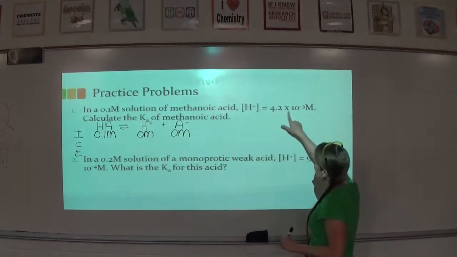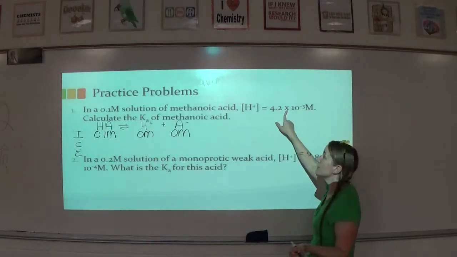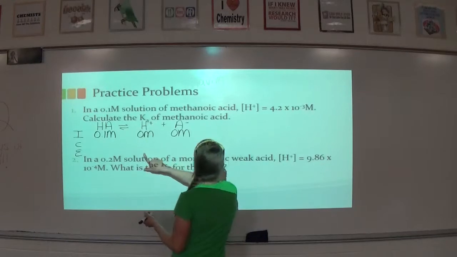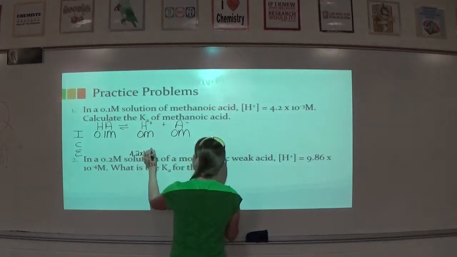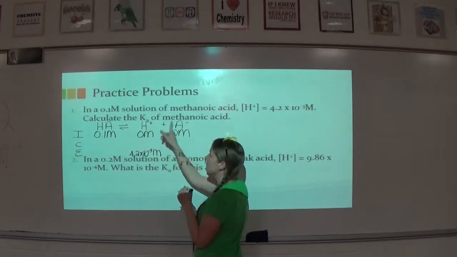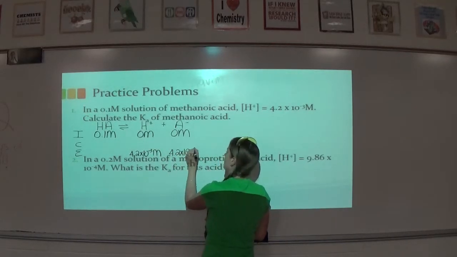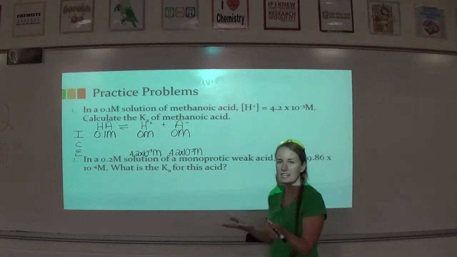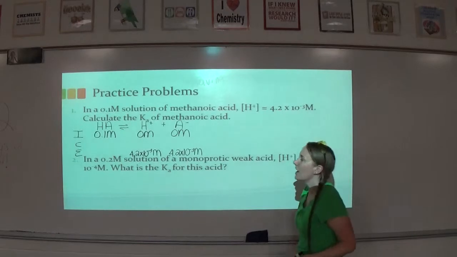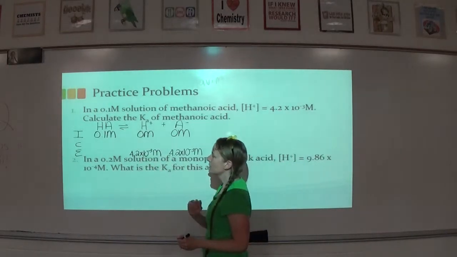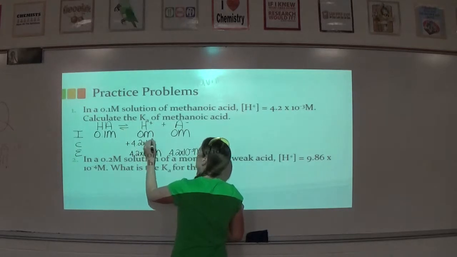So it tells me H plus equals this. So remember, once you know what H plus or pH is, that is automatically your equilibrium. So I'm going to bring my 4.2 right here. And because H plus and A minus are 1 to 1, I'm going to put the same number under A minus. See how once you watch it the second time, it starts to be a little easier. Like, oh, it's just a pattern. Alright, so how do we get from 0 to 4.2 times 10 to the negative 3? Well, we had to add 4.2 times 10 to the negative 3